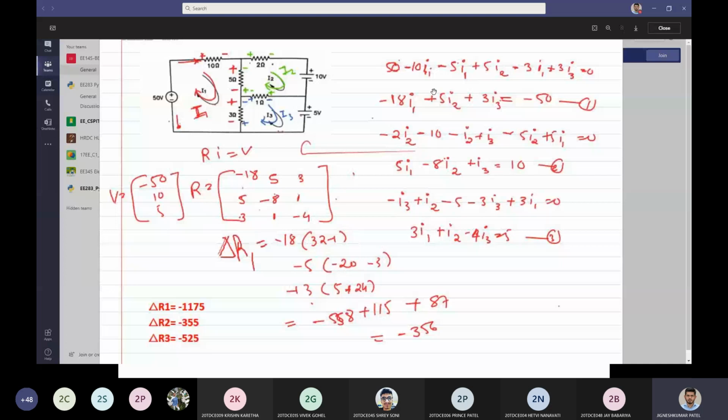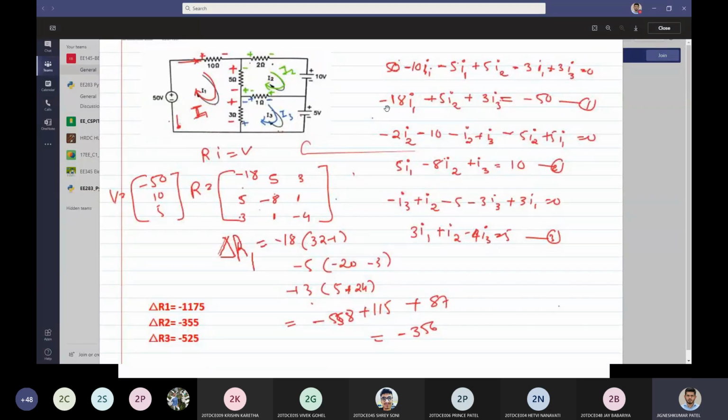Then we'll write down this equation and solve it in terms of I1, I2, I3. And then I'll find all the other equations, and from that we'll generate this matrix RI equal to V, where my R is the elements of the matrix based on these multipliers. So for the first equation, that is minus 18, plus 5 and plus 3. If there are 4 currents, there would be one more term appearing over here, that is I4. If you do not have that, you can put a 0. But here I have 3 currents, that's why I'll have only a 3 by 3 matrix, so each row will have 3 elements.